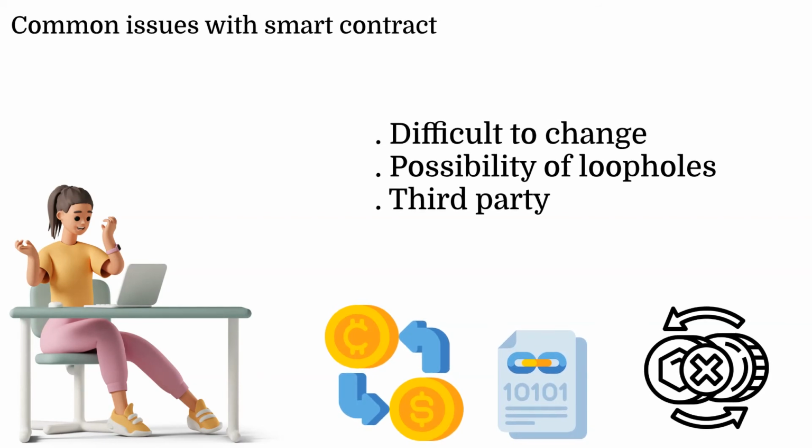Third-party issues with smart contracts. Although smart contracts seek to eliminate third-party involvement, it is not possible to eliminate them. Third parties assume different roles from the ones they take in traditional contracts. For example, lawyers will not be needed to prepare individual contracts. However, they will be needed by developers to understand the terms to create codes for smart contracts.